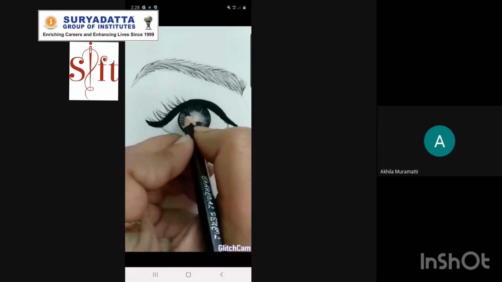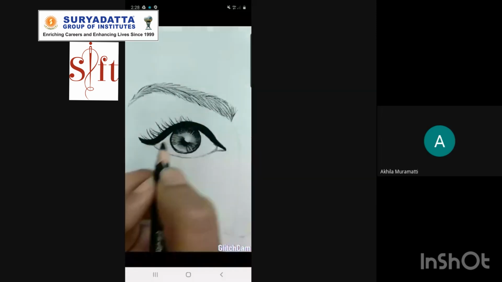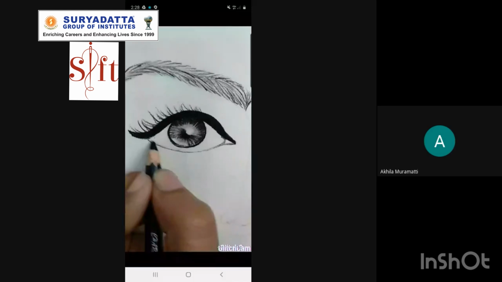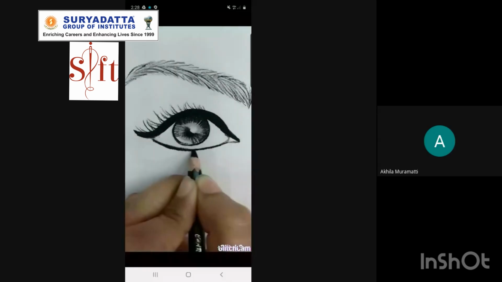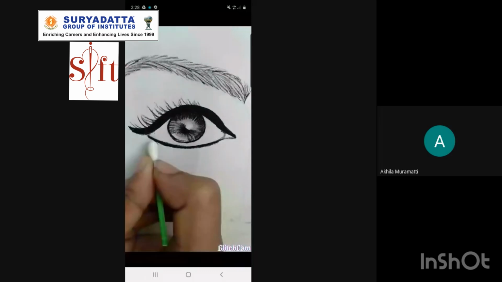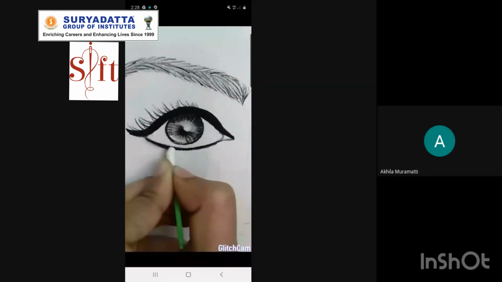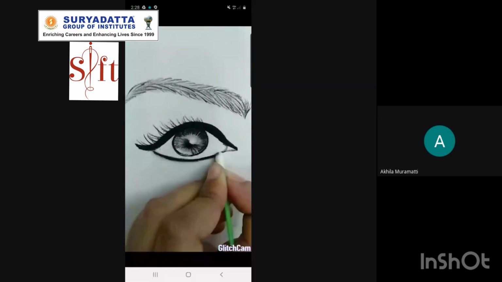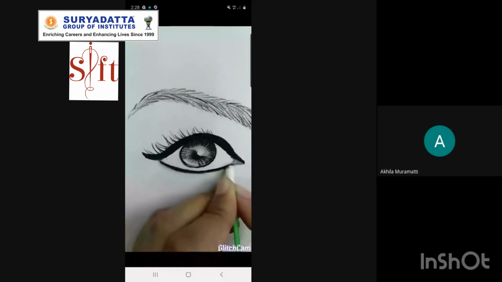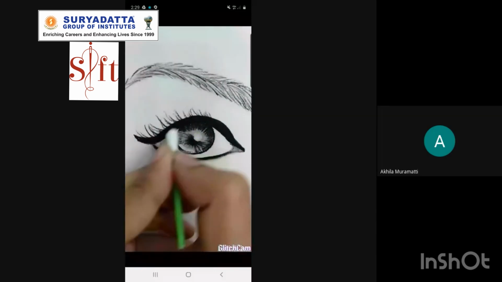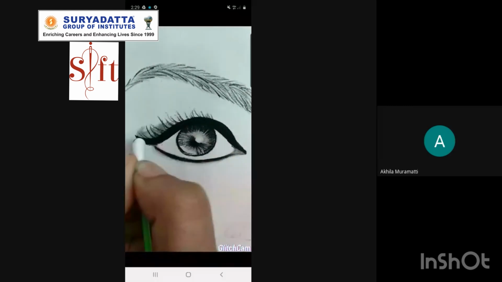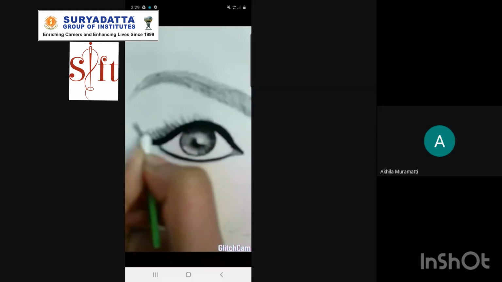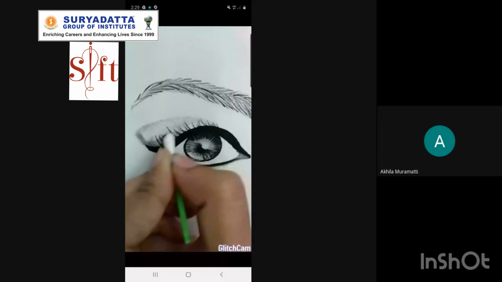Similar to the eyebrows, the lashes also have a particular direction. Some are curvy, some are straight. Just keep blending all the portions which are pretty light or seem to be darker.